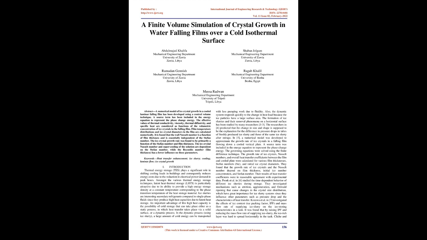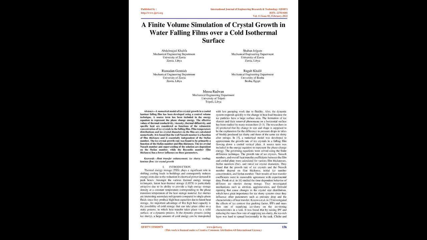material. Ice slurries are interesting secondary refrigerants compared to single-phase fluids since they produce high heat capacities due to latent heat storage. An important advantage of this high heat capacity is the possibility of cold storage that can take place either as a static process, in which heat transfer takes place via a solid surface, or a dynamic process. In the dynamic process, using ice slurry, a large amount of cold energy can be transported with less pumping work due to fluidity. Also, the dynamic system responds quickly to the change in heat load because the ice particles have